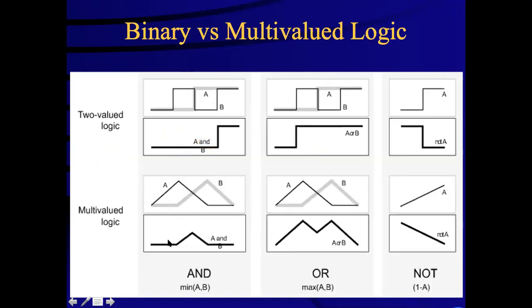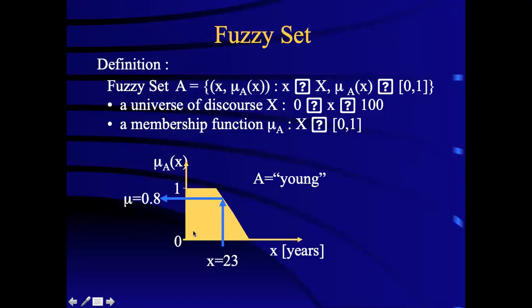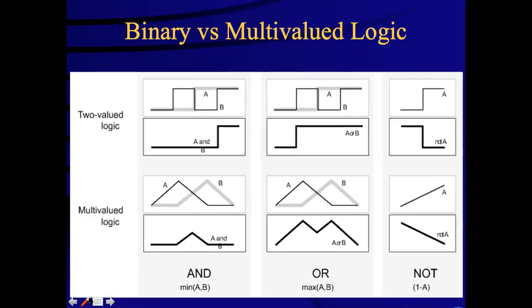Okay, and this is the multi-valued logic. Now, you can see here that let's say this is A. Sorry, I'll just come back to this. So I have this function as A, and then I have this function which is B. So I applied the min operator on these, basically. When I apply the min operator, I'll get this function at the output. This function at the output is primarily the AND operation between these two